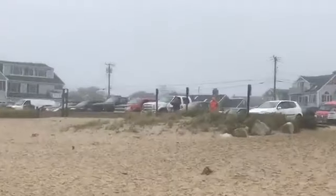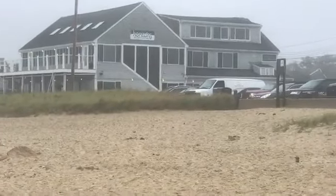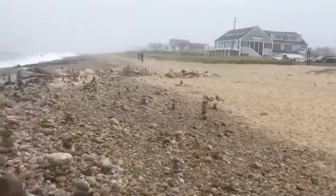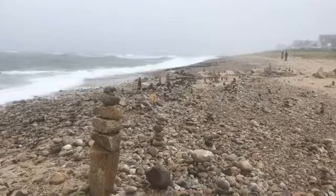The parking lot is pretty full here. Lots of folks want to check out Jose. This is the parking lot in front of Horizons Restaurant and the beach here. Not sure who put the rocks like that, but it provides an interesting look at the beach, a different